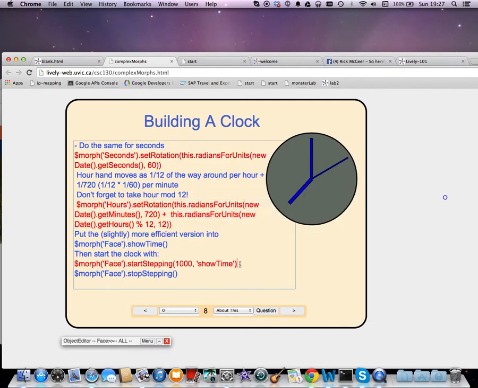And now to show the time, just every second we call that and say show the time. And so here now the clock is running, and you can see it's about 8:25 in the evening. If I ever want to stop this, I could just hit stop stepping and it would stop showing me the time. And there we've built a clock in just 7